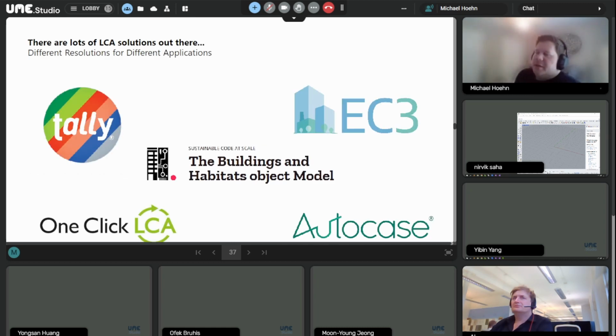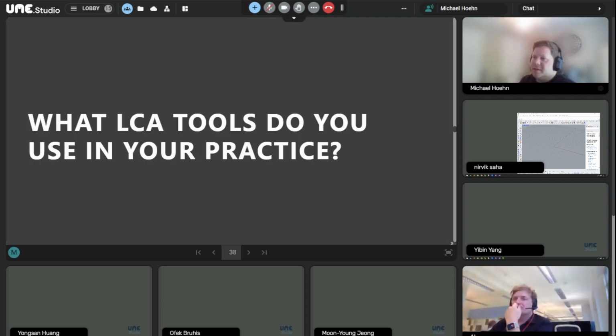So there's lots of different solutions out there, and there's way more than what I'm showing here. These are just a few that we use internally quite often when we're talking about performing an LCA on a project. There's things like Tally, there's things like OneClick, EC3 is great as well, but then there's also the BOM. So let's take a look and see,